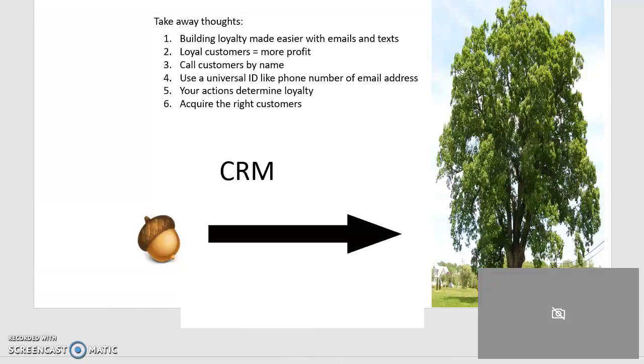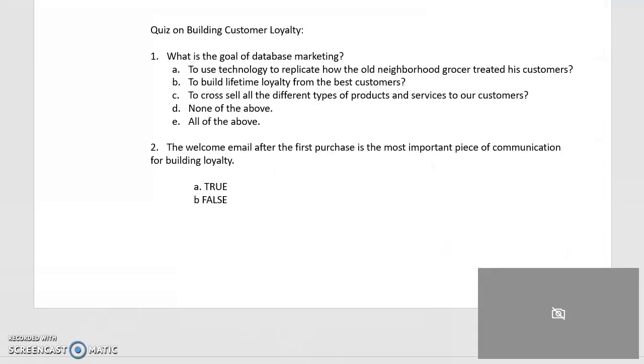And next you guys are going to have a quiz. And again, it's multiple choice. Please take a minute, fill it out, and submit it. I will take a look at it and grade it. If you need to look back at the slides a little bit, that will certainly be fine. And then we will move on to our third and final